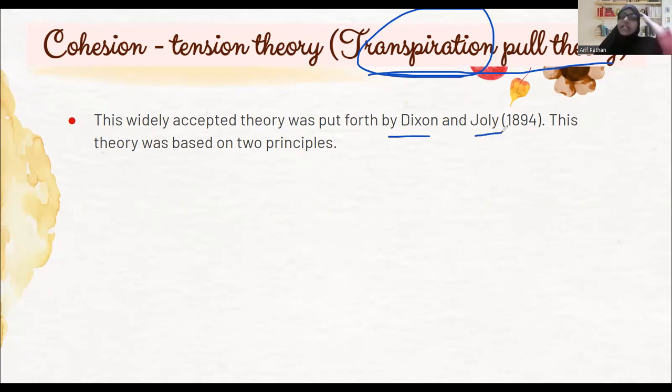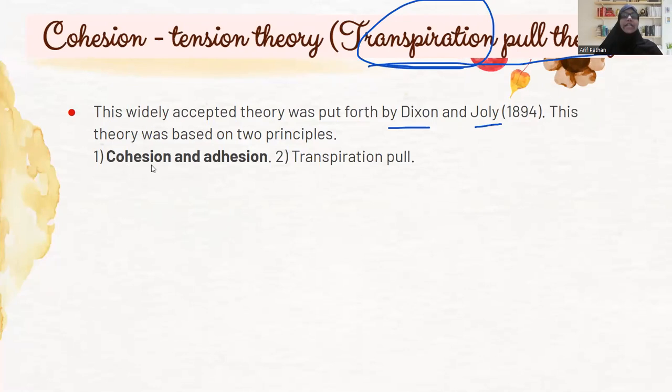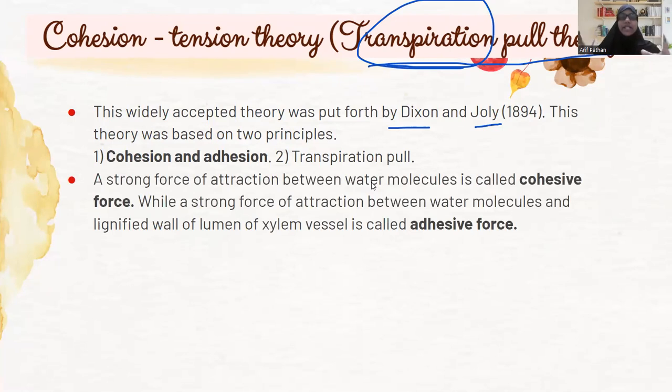It basically has two principles in its foundation: the first is cohesion and adhesion, and the second is the transpiration pull. Cohesion and adhesion we have been discussing again. Still, we will do a quick recap because we are discussing the theory, so we will go over cohesion and adhesion once again. It will be a revision for you, and we will study the theory in